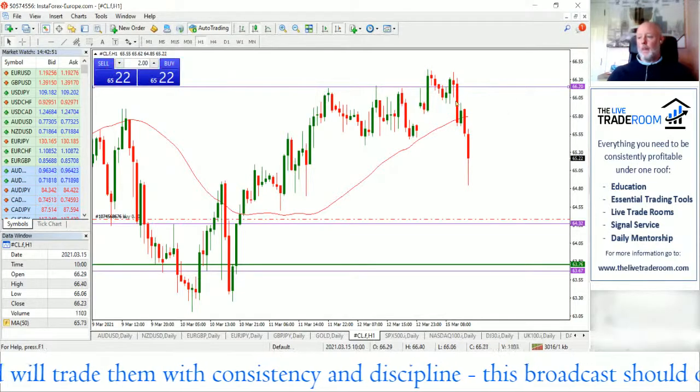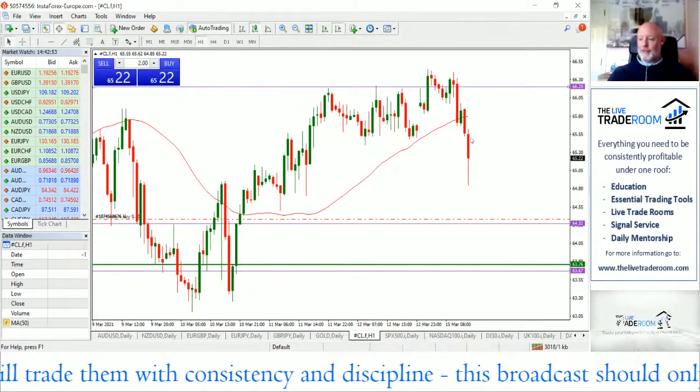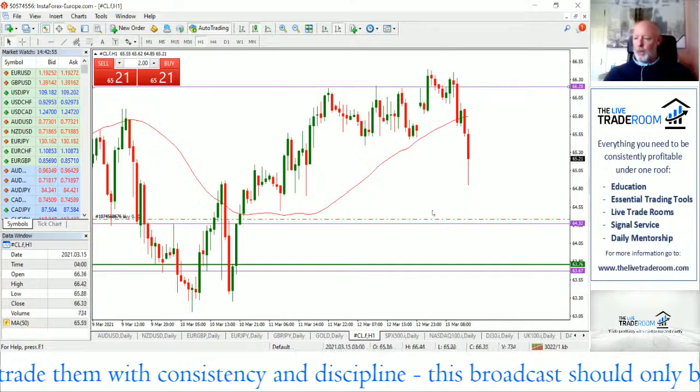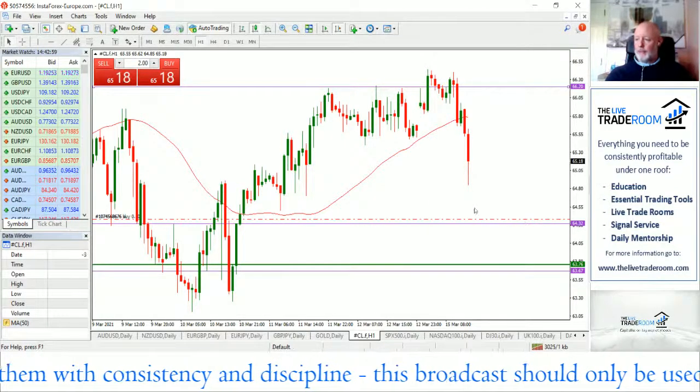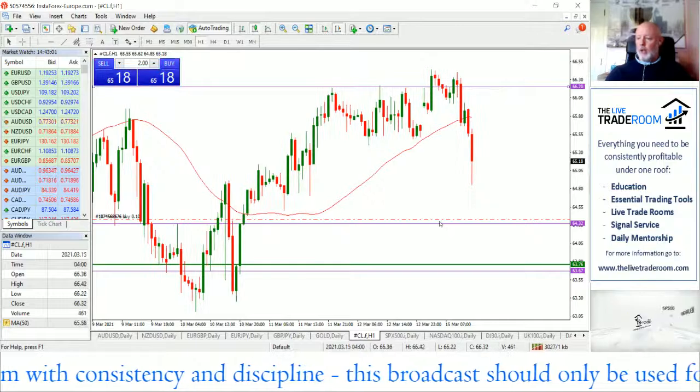So we can put up with these little pullbacks. We would like to stay in the trade if we can. We're not in control of that. So if we end up taking a small